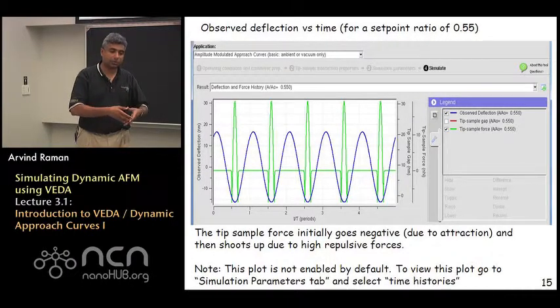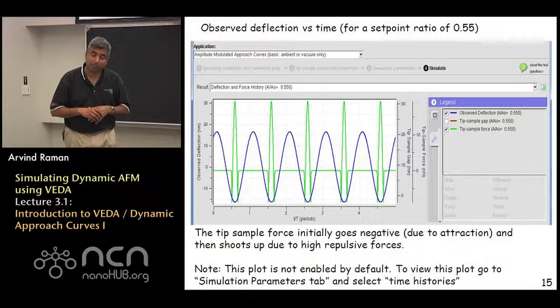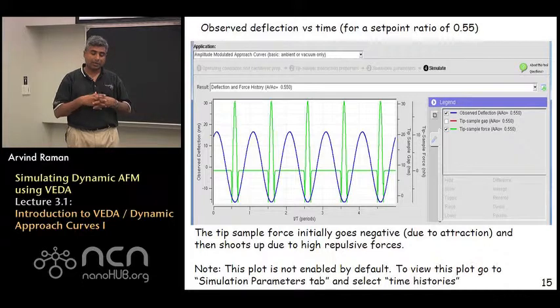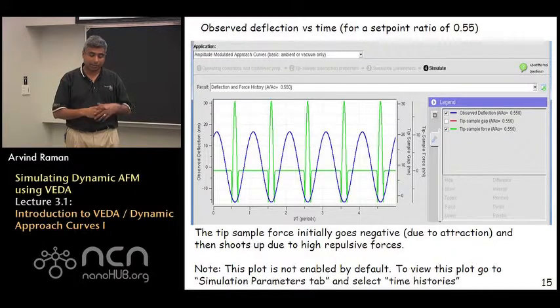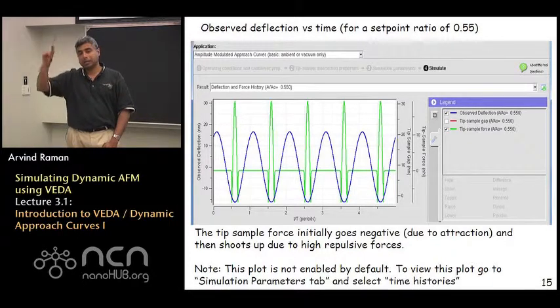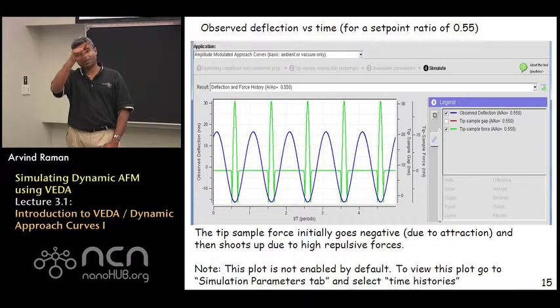So when you loaded this example, it was automatically populated. The parameter choices were already populated to allow the user to look at the history of tip oscillation and tip sample interaction forces at a set point amplitude ratio of 0.55. So when you click on that and display the results, it shows you that not in the entire approach curve, but when the amplitude had decreased to 55% of its value far from the sample, this is how the tip would be oscillating. Shown in blue, you find a beautiful, nice sinusoidal profile. In spite of the fact that you're actually interacting with the sample at the very bottom of the curve, it still takes a very sinusoidal